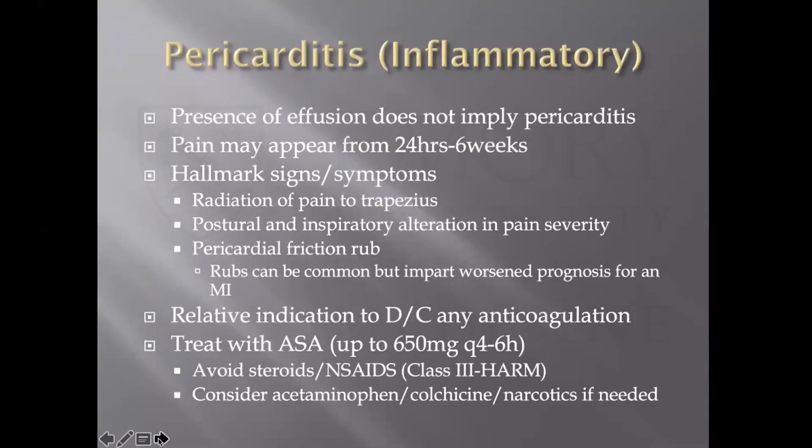Pericarditis, again, all of these that we're going to talk about, we don't see very often, but you'll probably see, especially as a fellow, one or two of these per year. If you see a pericardial effusion, and our patients are never echo-poor, you're going to have lots of imaging, peri-MI, post-MI, and you may see effusions. The presence of that is not implying a pericarditic complication. It's more the clinical presentation, and you can have significant post-MI pericarditis and have no visible effusion on an echo. It's just all about having that level of suspicion.